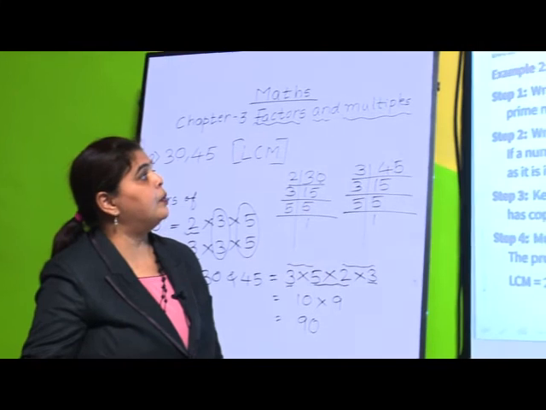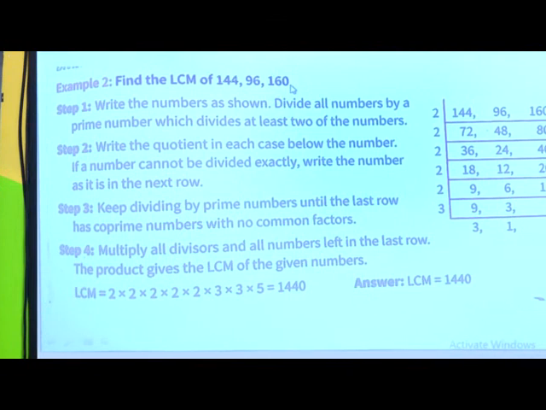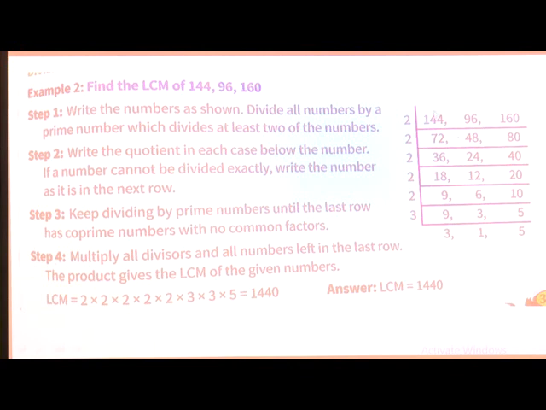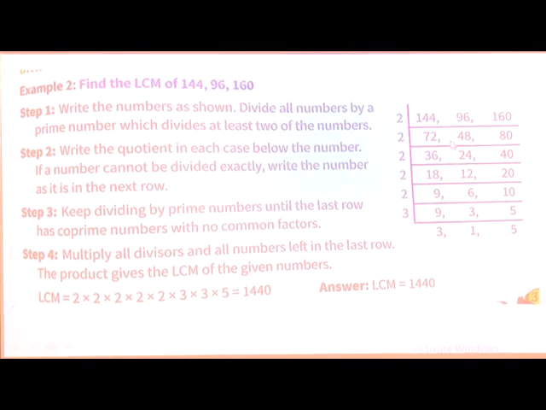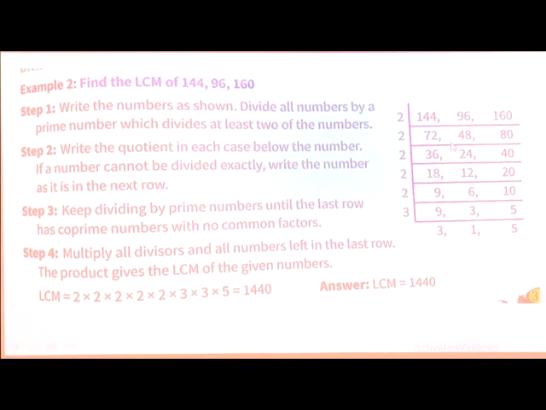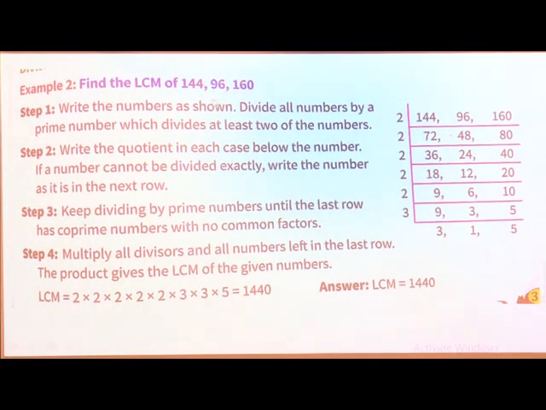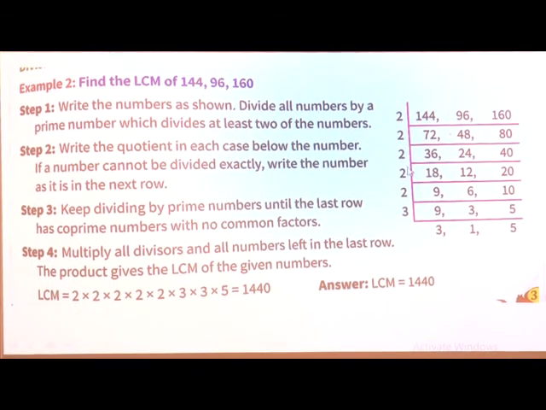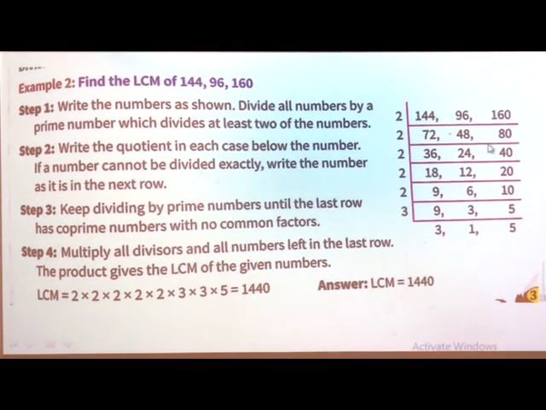Find the LCM of 144, 96 and 160 by the division method. This is known as the division method. What we have done till now was the prime factorization method. Don't get confused, my dear student. In the prime factorization method, you have to find out separately the factors of the given numbers. Now, we are going with the division method, one step at a time. It is new for you, so we will go very slowly. So, you will understand one by one how to write the steps.